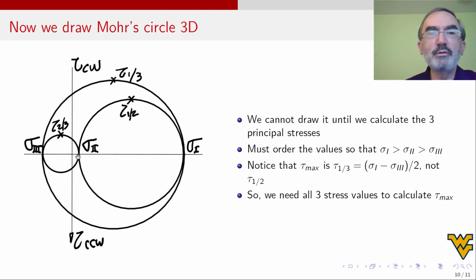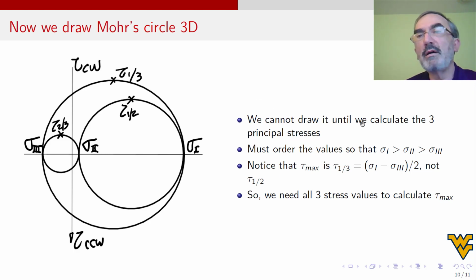So in between 1 and 2, which we know because we calculated with software, we can mark here the axis and do a circle, because Mr. Mohr says that all the states of stress are on the circle, right? Now between 2 and 3, we make this little Mohr circle like that, which has its own little tau, but it is irrelevant because this is the largest. And between 1 and 3, that means between the maximum principal stress and the minimum, that will be 120 and minus 24, we do another circle. And now once we have these 3 circles, then we decide, yeah, this is tau max. Tau 1,3 is tau max.